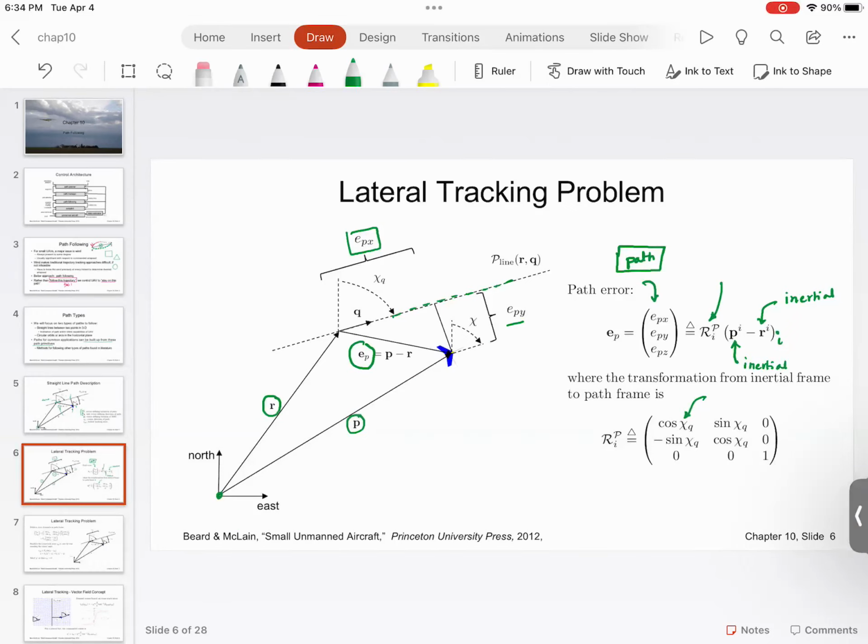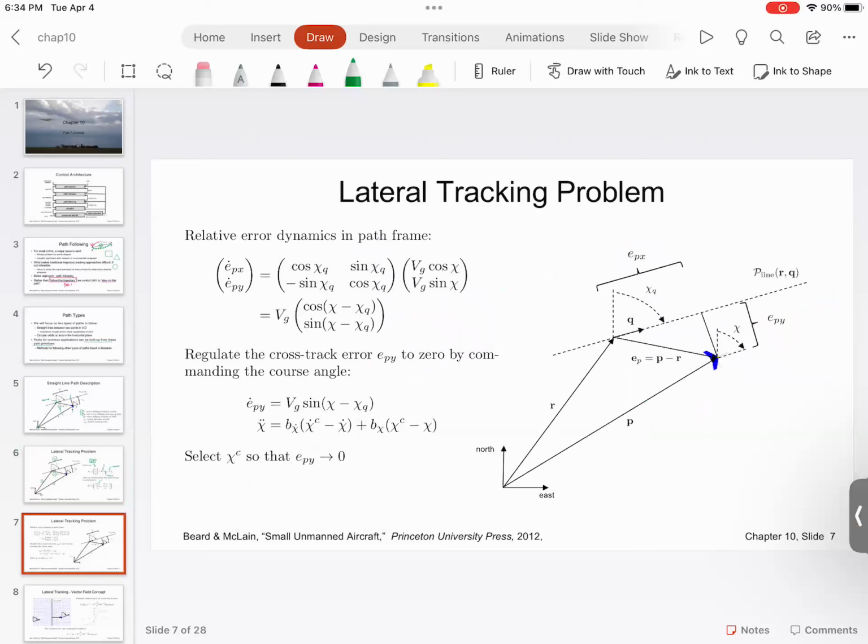This is the rotation about z. Can you see that? Cosine theta, sine theta, minus sine theta, cosine theta, 0, 0, 1. This is the rotation about the z axis. And once I use that transformation, all my errors get transformed into the error in the path